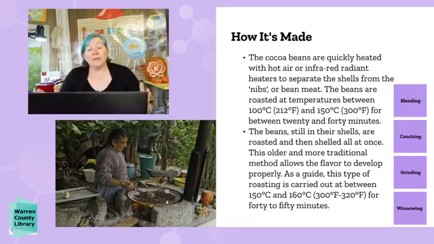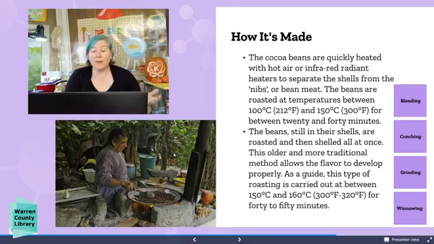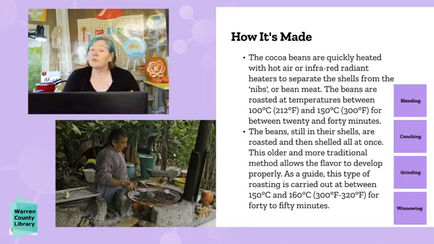The other process is to just throw them all in when they're in the shells and roast them straight up. This is an older, more traditional method. It does allow a lot of flavor to develop, but it can be a little harder in the next step. For this, roasting is at 150 to 160 degrees Celsius or 300 to 320 degrees Fahrenheit for 40 to 50